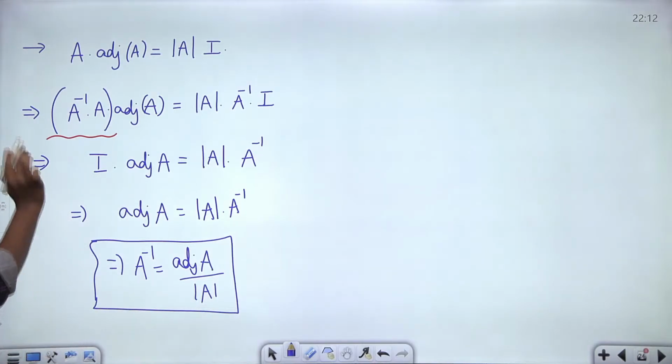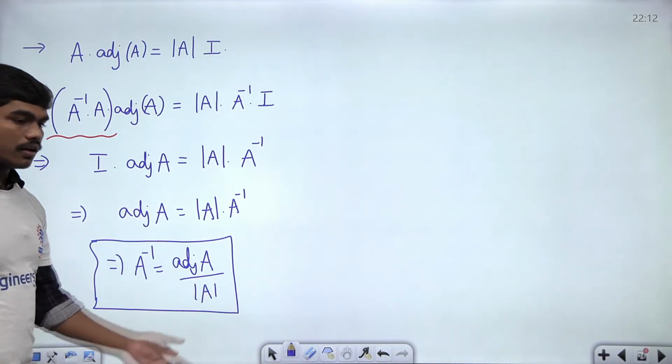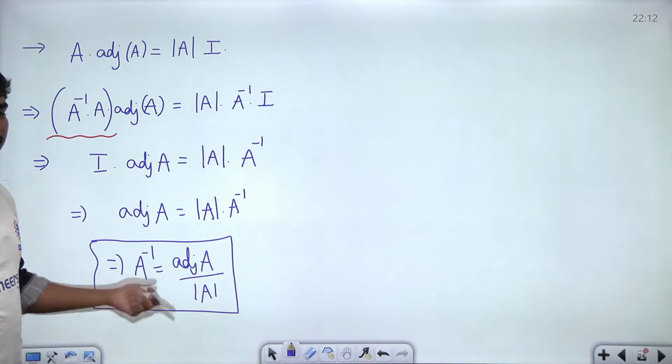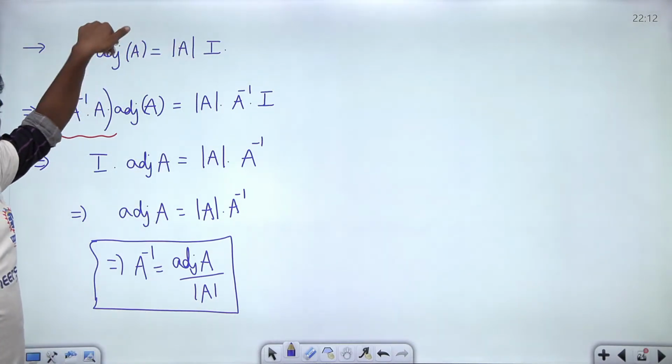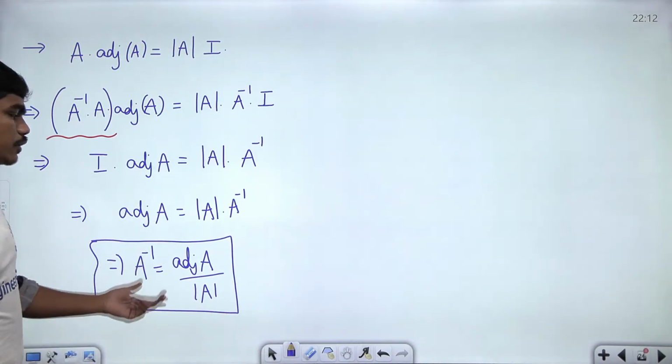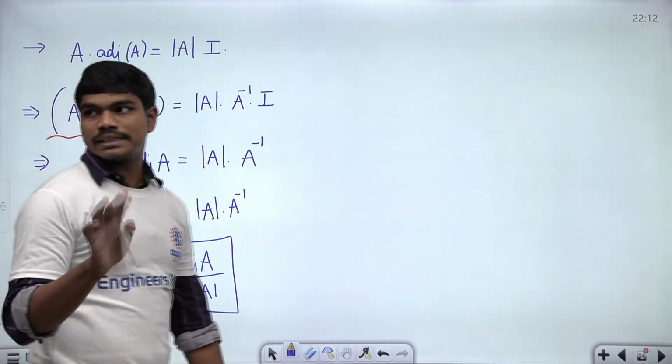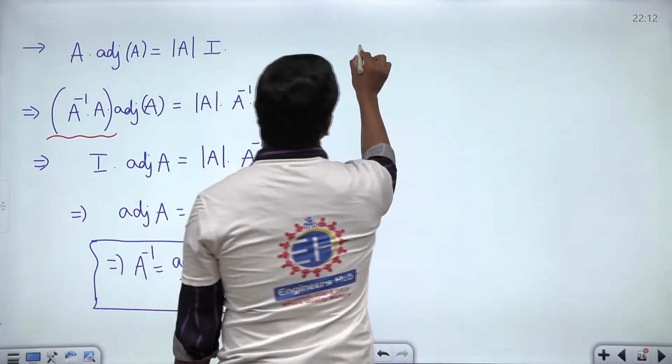And this is why you are applying this formula, adjoint A by det A, to calculate the inverse, because of this equation. Okay. So if A inverse is equal to adjoint A by det A, one thing is very clear from this equation: for A inverse to exist,